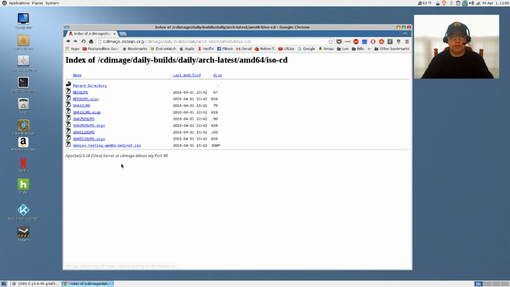The other issue is Wi-Fi availability. If you have Wi-Fi, it will probably not work during the Debian install.